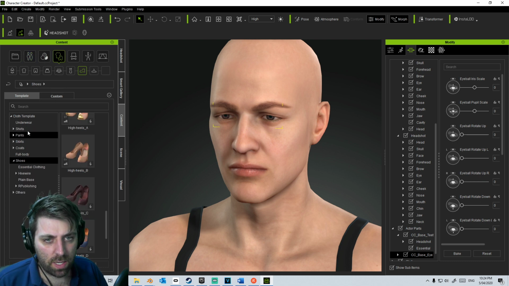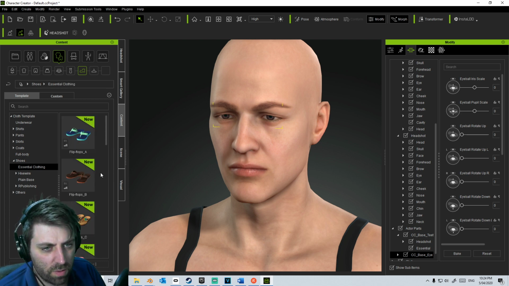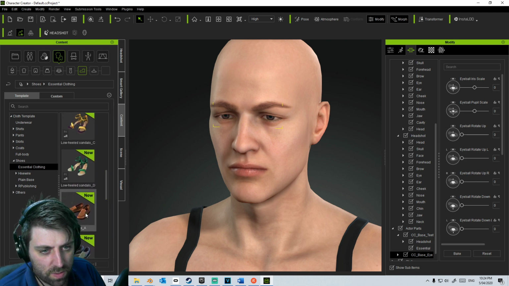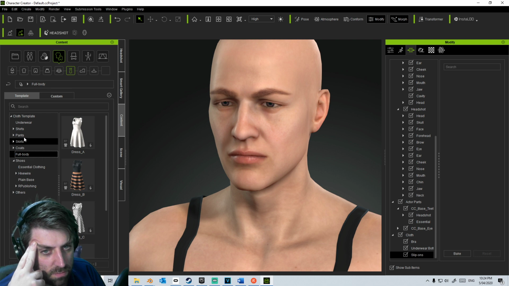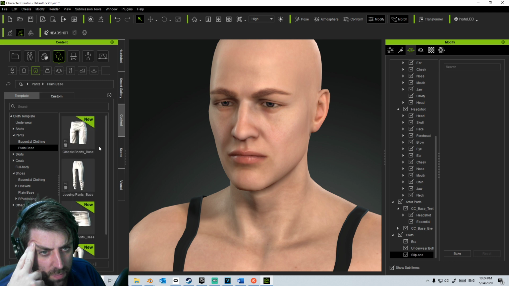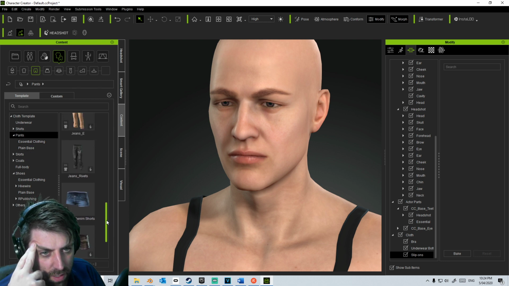So let's come into here. I'm going to throw in some essential clothing. He's going to wear flip-flops. Loafers. Oh, do I have... I don't think I've got any suits, which is really annoying. Yeah, they're dresses. That's not... Pants. Okay, plain base. Nope. Dang it. I don't really have any...